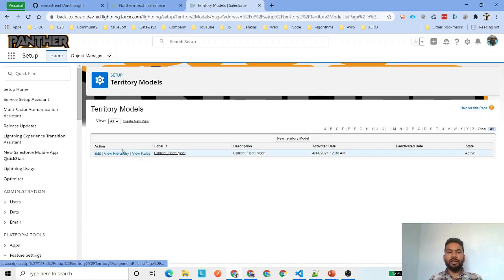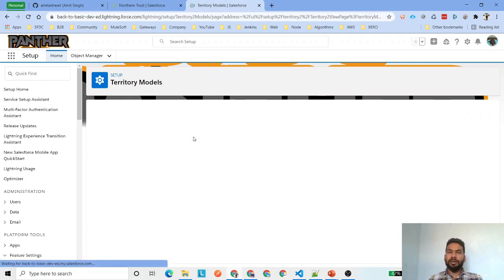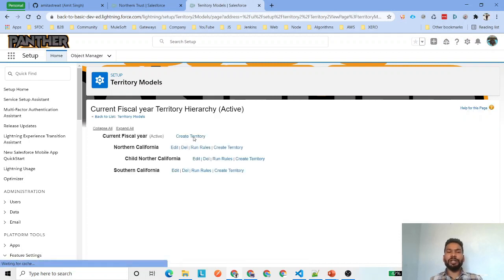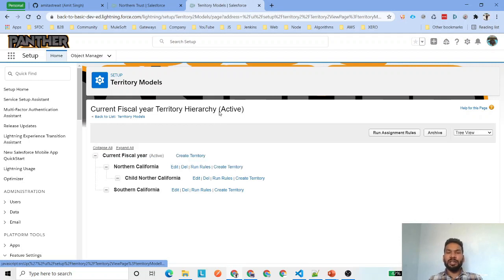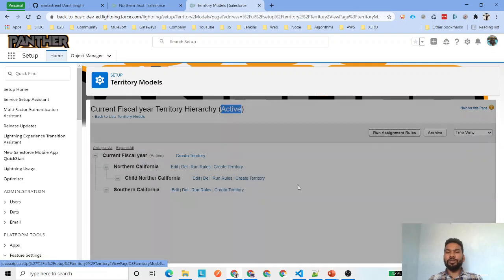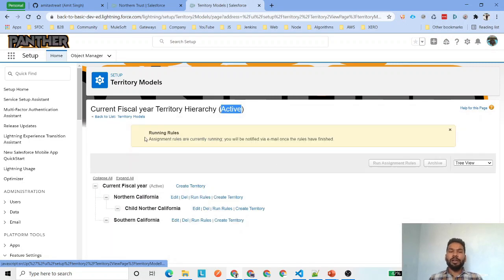Let's click on view hierarchy to see all the territory hierarchy under this model. Now it is in active state. You can run assignment rules, and those rules will run and assign the accounts to the territories.